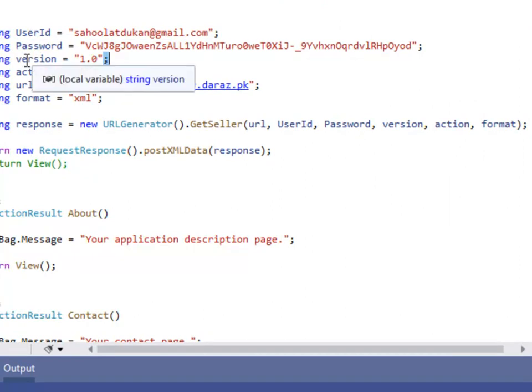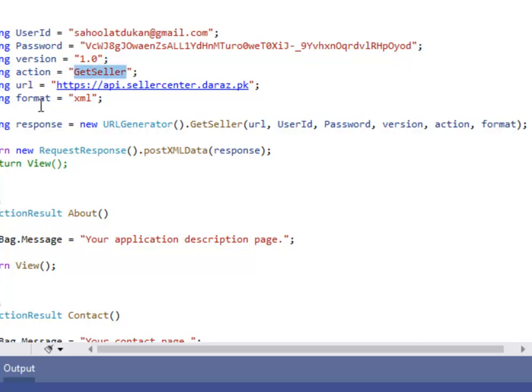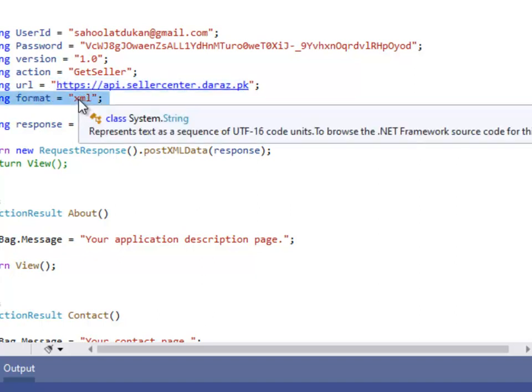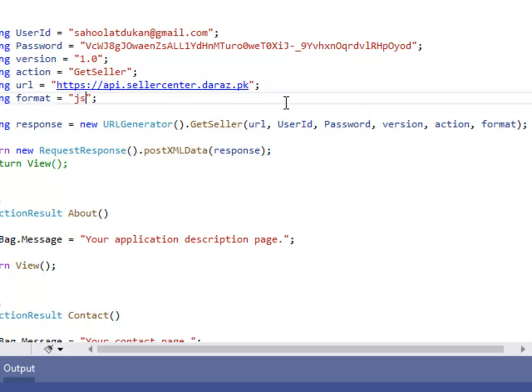It is the default, you just need to put 1.0. The action is GetSeller, and here is the URL of the Daraz seller. The format can be in two forms, XML or JSON. I'm going to change it to JSON.